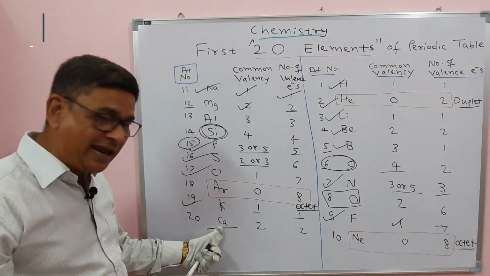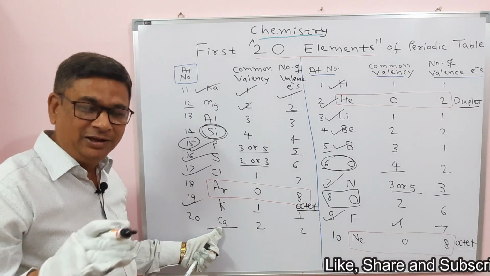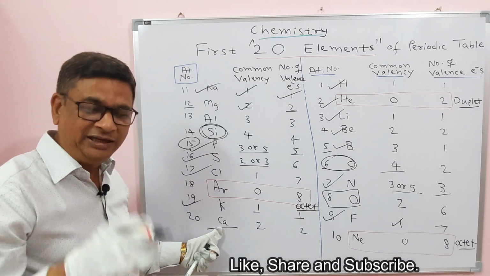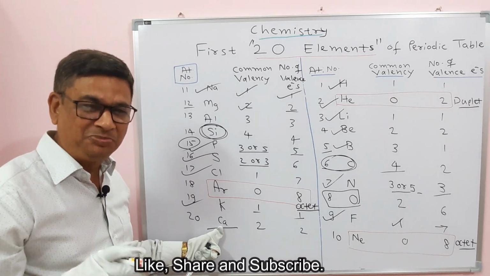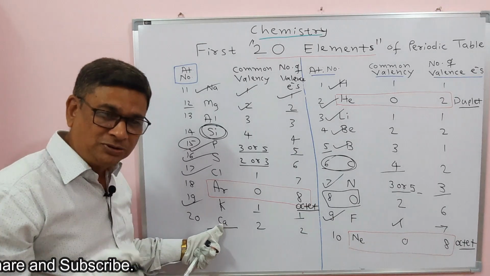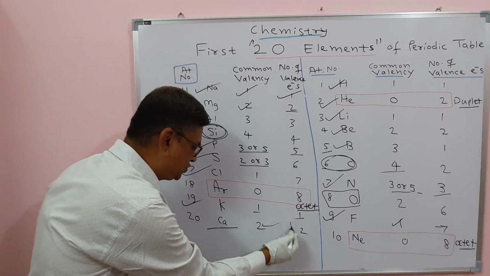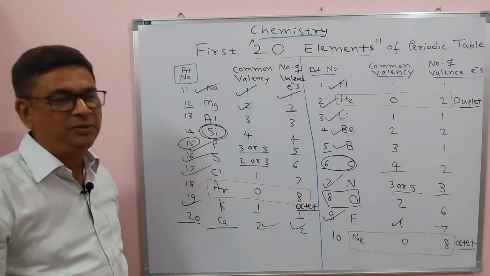Okay, then it is calcium. Do you know calcium is present in our human body in the various bone structures, in our teeth also, in the form of calcium phosphate and some other compounds. Calcium is present in milk also, perhaps you know it is useful for human beings, and its valency is 2, it has 2 electrons in the last shell and its atomic number is 20.